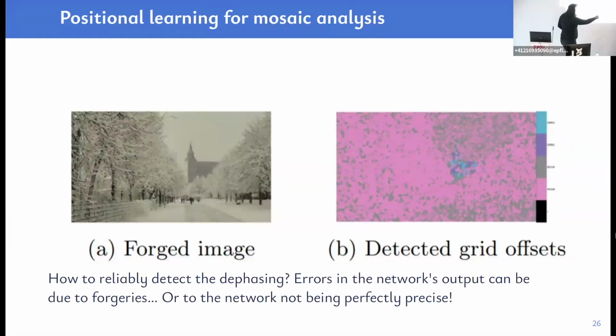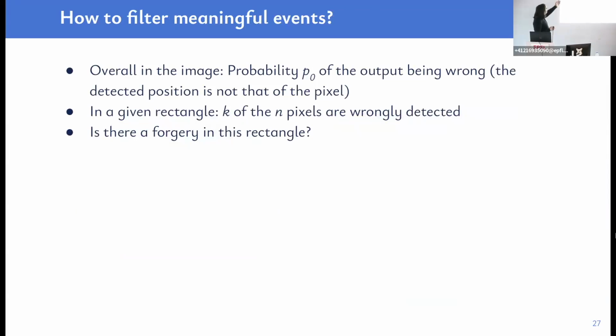So errors can be due, of course, to the forgery, but also to simple imprecisions in the network, especially for such a difficult task of detecting these very subtle artifacts. So one way to do this is what we call a contrario analysis. To put it simply, overall in your image, let's say you have a probability P0 of the output being wrong. It can be estimated, for instance, as a ratio of wrong images, or you could estimate it globally, knowing that for this kind of images with this compression, you will have this ratio of